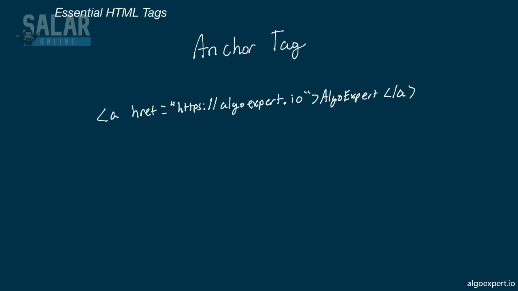Next, we have the anchor tag, and this is how we make hyperlinks. So this is the hypertext portion of HTML. The anchor tag allows us to link to other documents on the web, or even other places in the same document that we are currently on. So we use the anchor tag as just the letter A, and we have the href property, href, and this contains the link that we are going to. This can be an absolute or relative link. So in this case, we have an absolute link of algoexpert.io. And then inside of the A tag is the actual content. So in this example, if you clicked on AlgoExpert, it would bring you to the href,